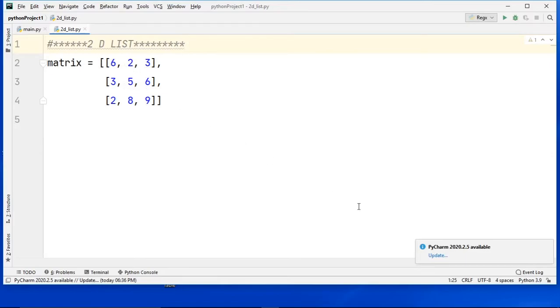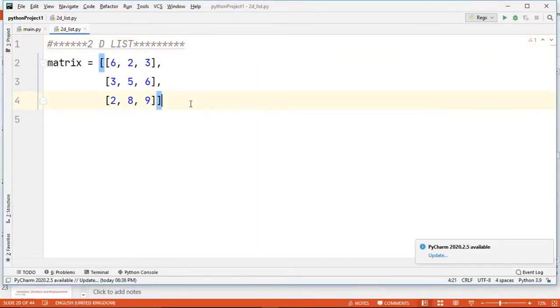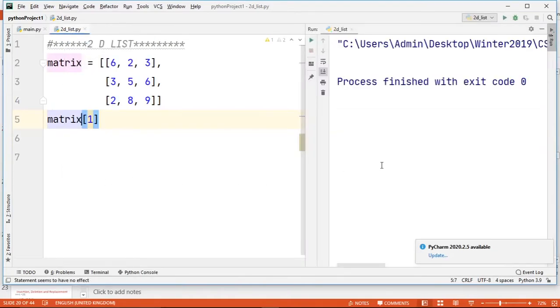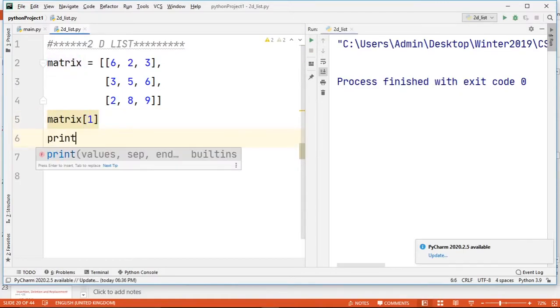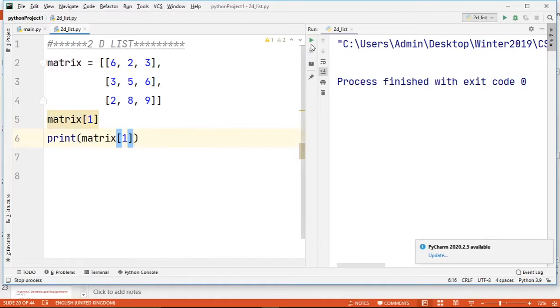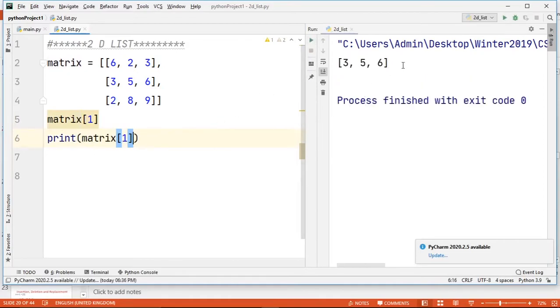Now how to access this matrix? Type print matrix 1, and if you run this, let's see what output you get. Here is the output which reveals the complete first row.